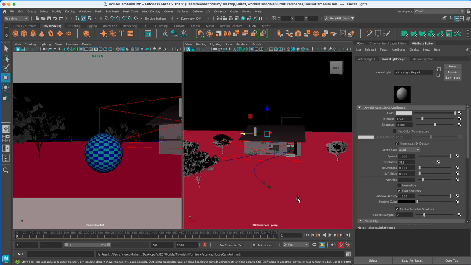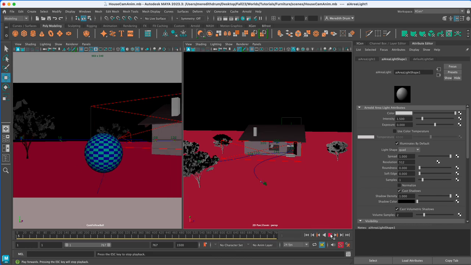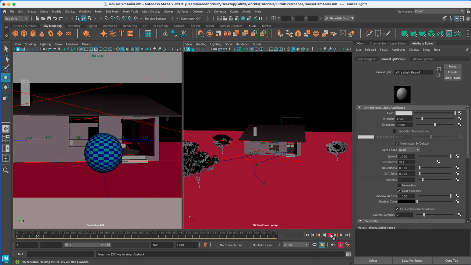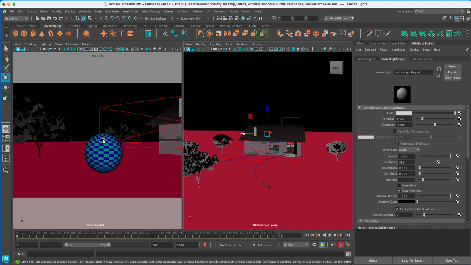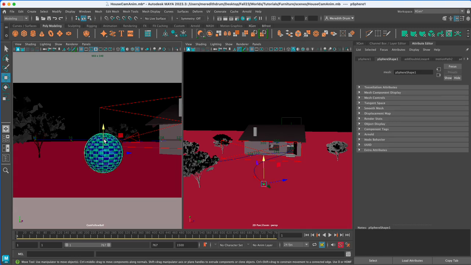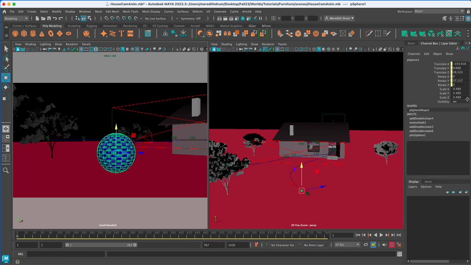Here we are. I'm just going to show you how to make a camera follow an object, and also show you that you can use that to get the camera to animate a little more smoothly than just keyframing the camera by itself. You can also turn off the visibility of that object once you have it in place.